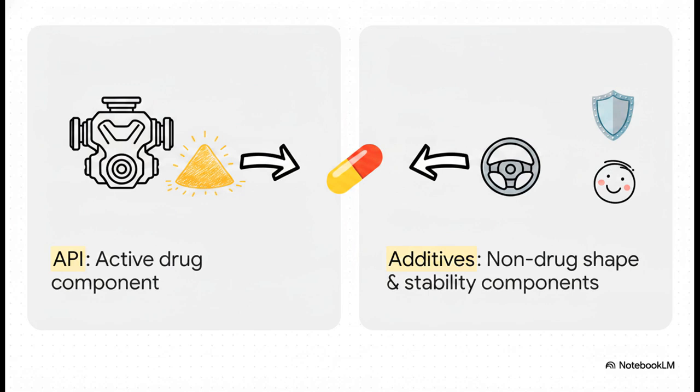But on the other side, we have the additives, which we formally call excipients. These are the completely non-drug components. So why do we need them? Well, they give the medication its shape, they increase its stability, and they increase palatability, which just means making it taste better and giving it a bit of elegance. Think of it like this. The API is the engine, and the excipients are the chassis and the steering wheel that actually make the car